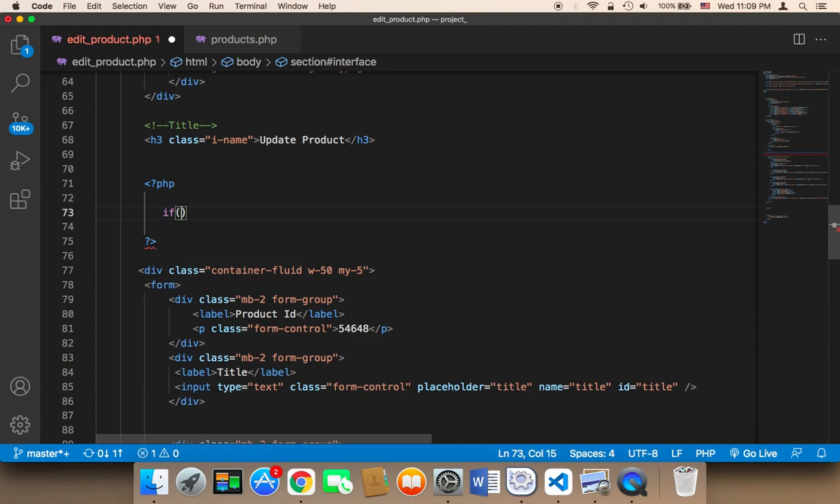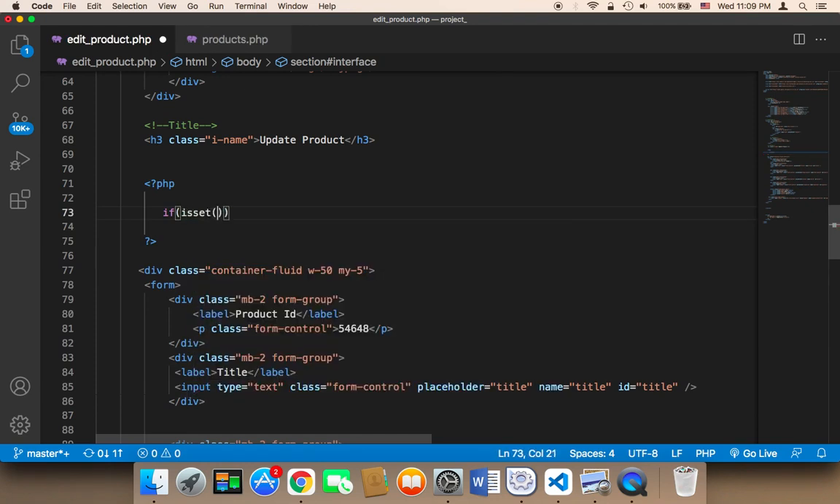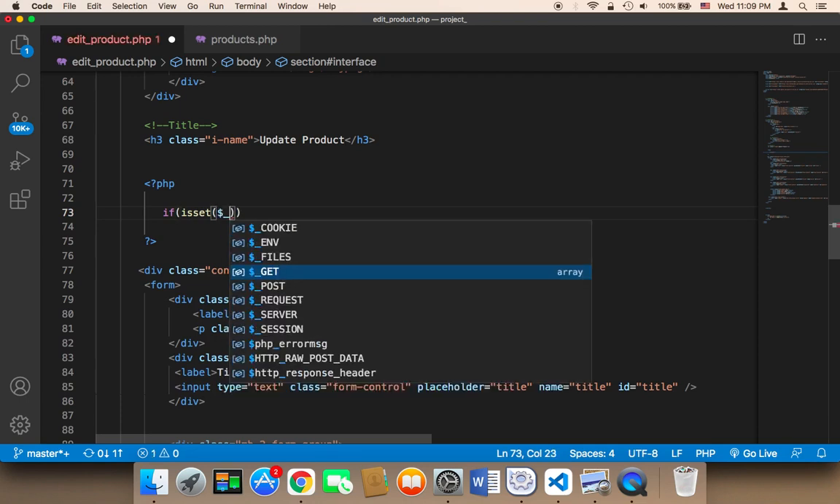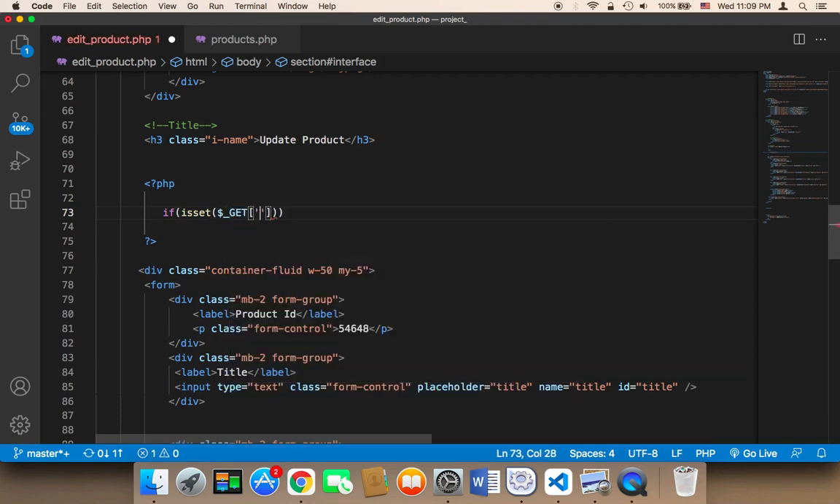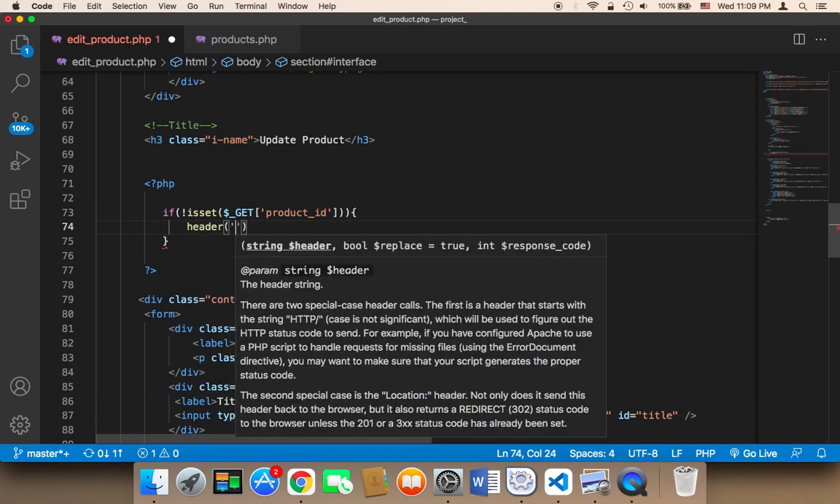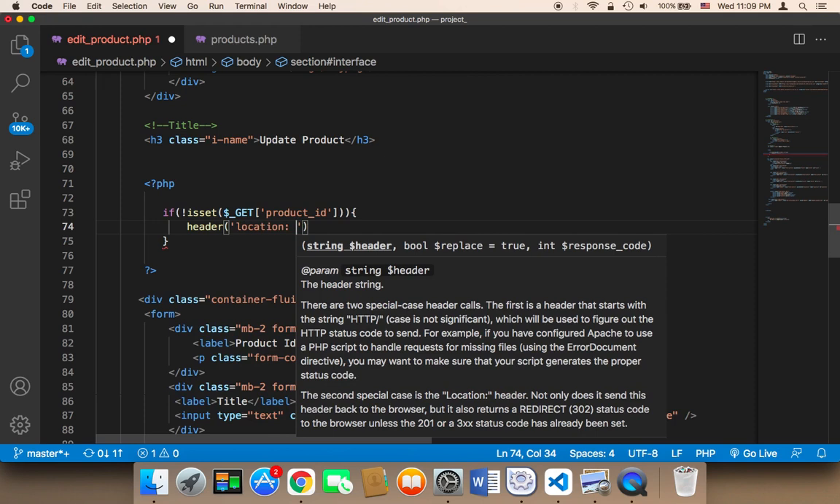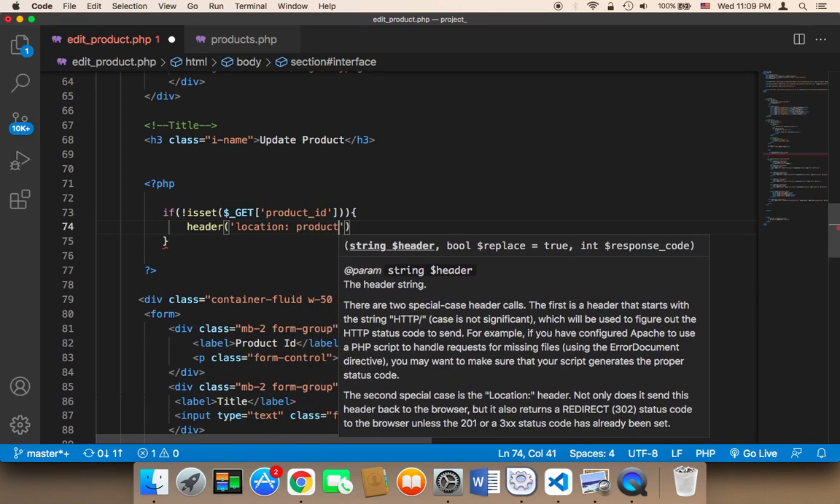if first, if product ID is set, if isset, and then GET, and then product ID. Actually, I should say here, if we don't have the product ID, then we should exit from this page. We should say header, and then location, and take the user to the products page. I'm going to say here products.php,